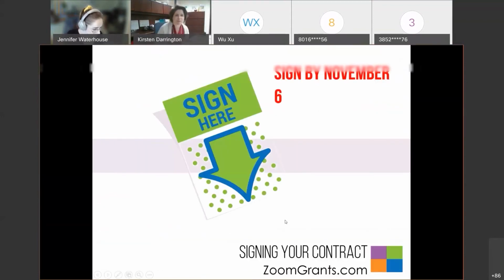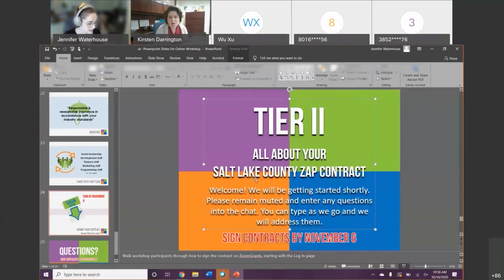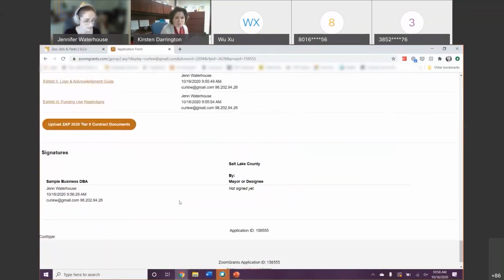Jen, can I jump in with a tip? Please, yes. So as Jen mentioned, we've been helping out with other grants at the county, and we had a high volume of digital signatures that needed to happen for their contract as well. And some of you have probably experienced this, where we have seen consistently, if you are using the Safari web browser, which would be your default browser on an iPhone or a MacBook, it likes to kick you out when you're typing. A lot of people will say, oh, I typed in my first letters and it saved and it kicked me out,